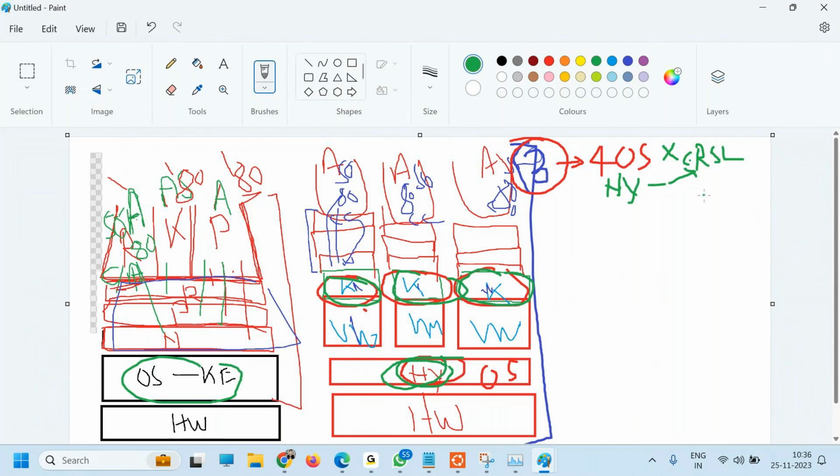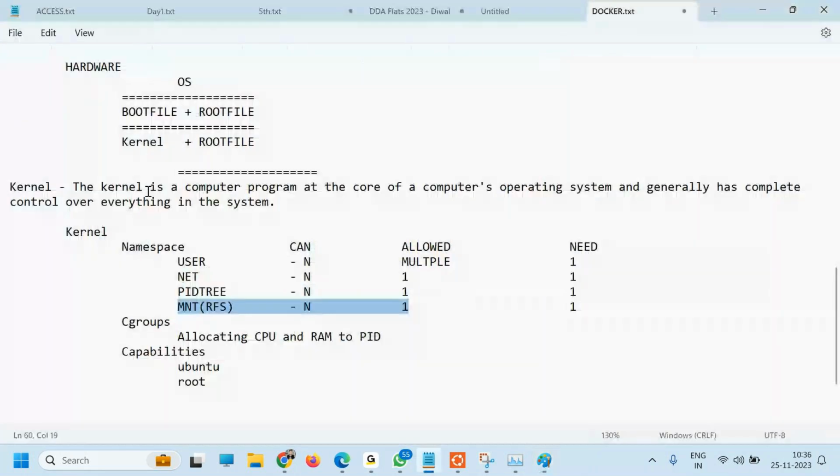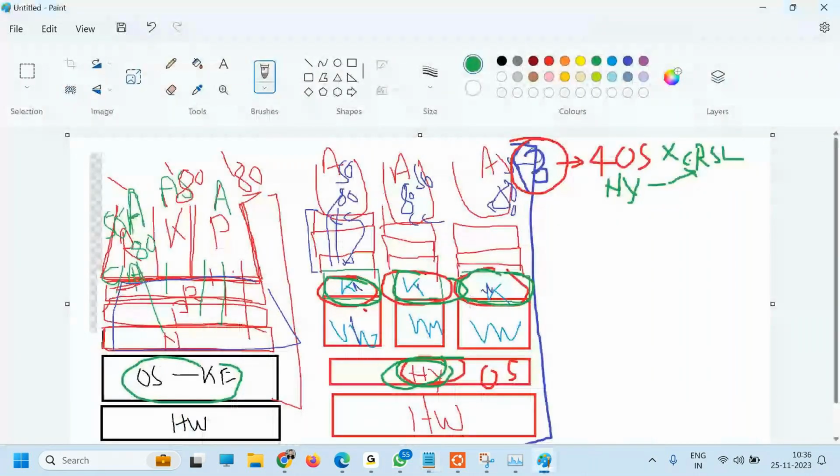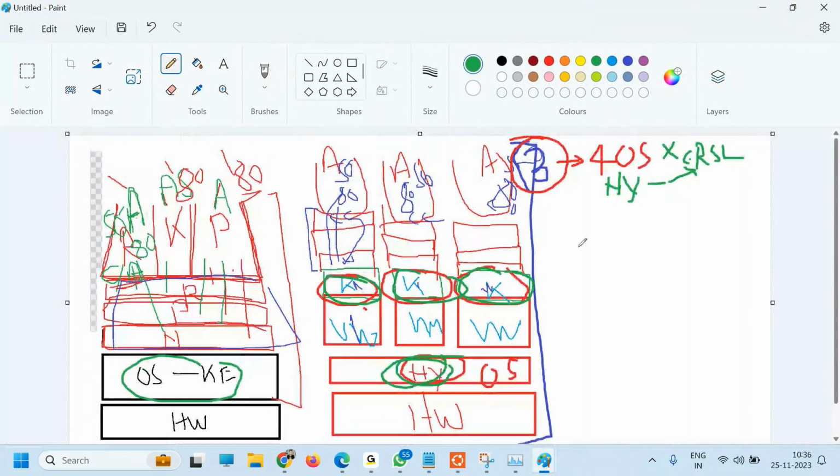Are you understanding, all of you? Yes, sir. So now what to do? Guys, now the time has come for concluding the containers. So what is a container? Understand in a simple way. What we are saying,